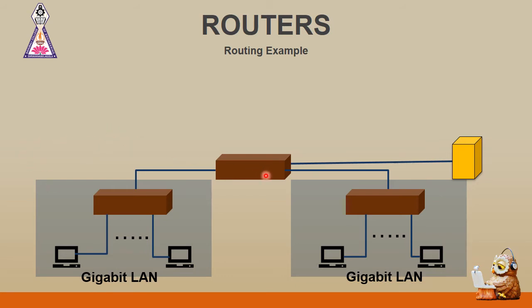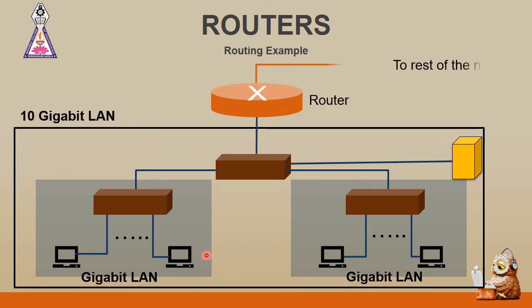In this case, if any one of the hosts wants to communicate with somebody who is not in this particular network, then I have to make use of a router. The router will connect this network to some other network, that is, the rest of the network. That is why the router is referred to as a network layer switch. It performs the switching at the network layer. For any operation happening inside the LAN, if this user wants to communicate with that user, it is not required to have the network address. Only the physical address is enough.